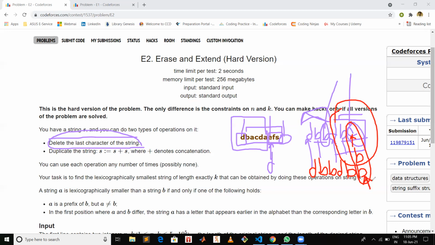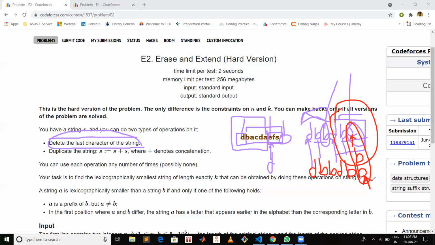So these are the two cases which you need to look for. The first one, if there is a character which is greater than your first character, then definitely you can get a lexicographically smaller one by deleting all characters starting from the character which is greater than your first one.